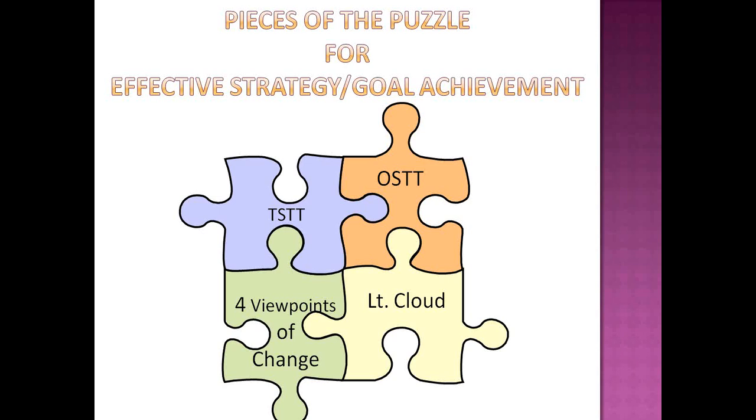Next, on the right, we have the Organizational Strategy and Tactic Tree, and this is for giving specific guidance to the different types of employees of the organization, different levels of the organization, in terms of what do they specifically need to do to achieve the plan that was set out in the Transformational Strategy and Tactic Tree. And these two trees need to be used together to achieve the goal, as well as the other two on the bottom. One is called the 4 viewpoints of change, and years ago Eli Goldratt spoke about the different ways